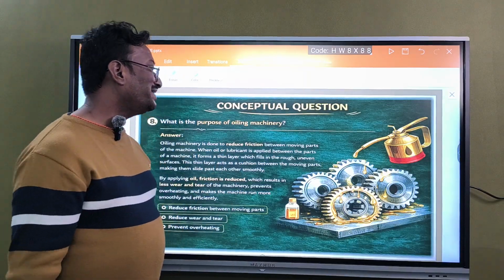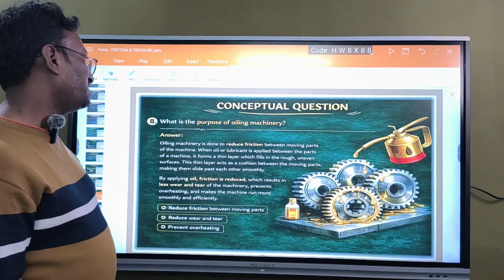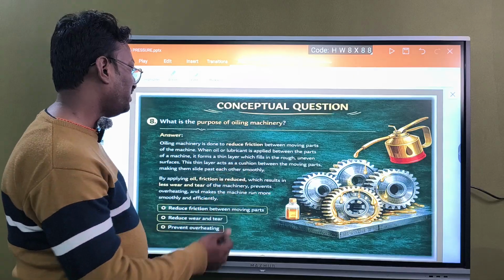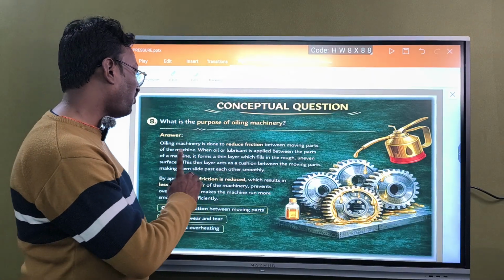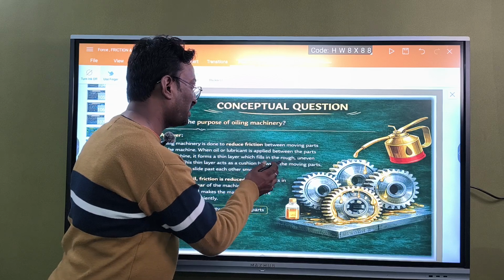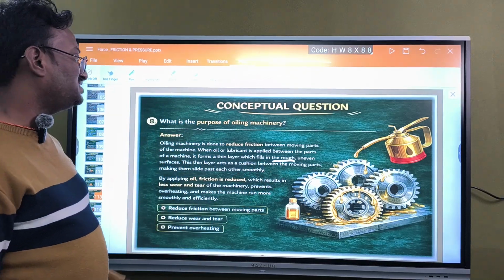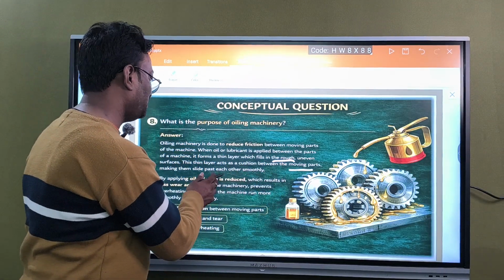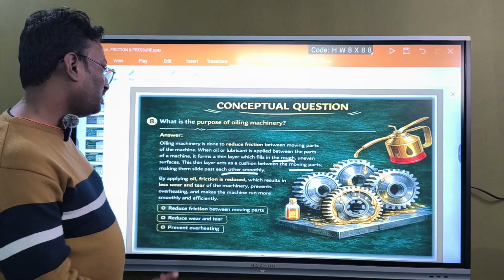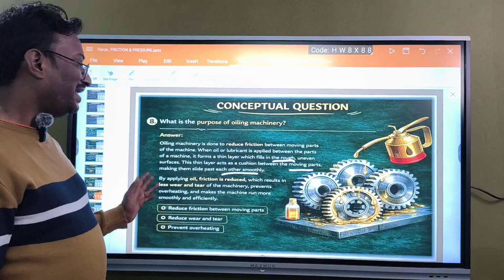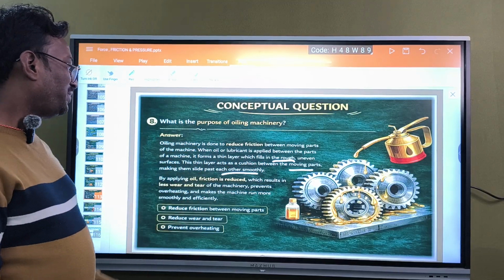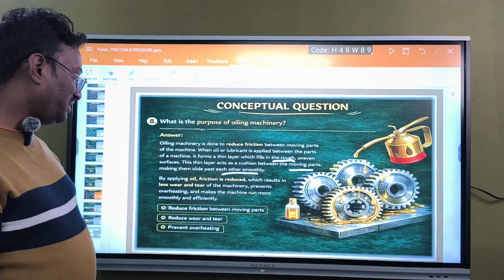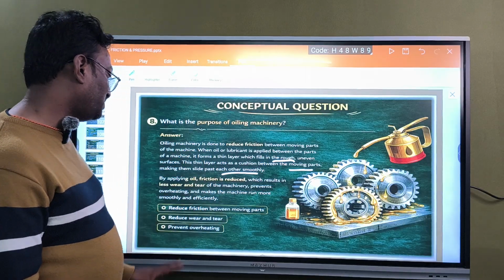What is the purpose of oiling the machinery? In order to reduce friction between the moving parts of the machine. When oil or lubricant is applied to the parts of the machine, it forms a thin layer which fills in the rough, uneven surfaces. This thin layer acts as a cushion between the moving parts and makes them slide past each other smoothly. By applying oil, friction is reduced, which results in less wear and tear of the machinery, prevents overheating and makes the machine run more smoothly and efficiently. Reduce friction between the moving parts, reducing wear and tear, and reduce